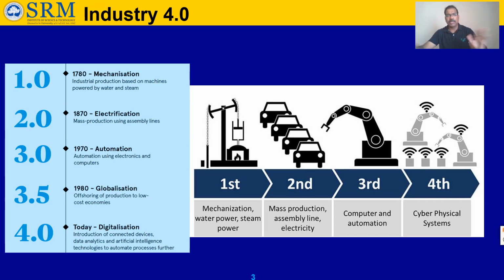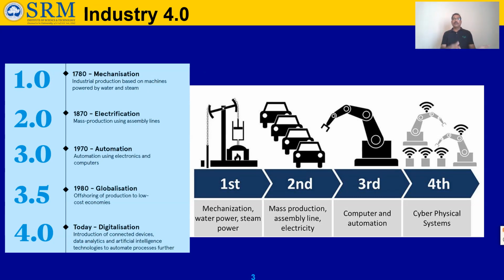So you may be clear about what Industry 1.0 is. Mainly mechanization started during that time, but power for the mechanization came from water power or steam power. The second generation, Industry 2.0, is mass production, and the assembly line also came, but the power was given by electrical energy. Electrical energy gave power for the assembly line and manufacturing. The third is integrating everything through computers and PLC automation thinking.